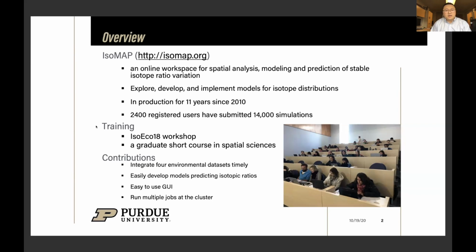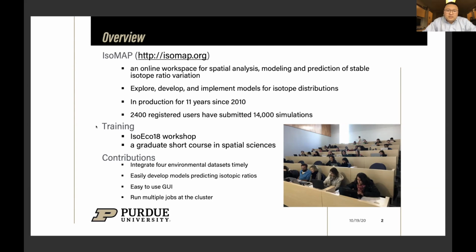So what are isotopes? Isotopes are different forms of the same element. All isotopes have the same number of protons but a different number of neutrons, so one is heavier than the other. The ratio between the heavy and light element is called the isotope ratio.